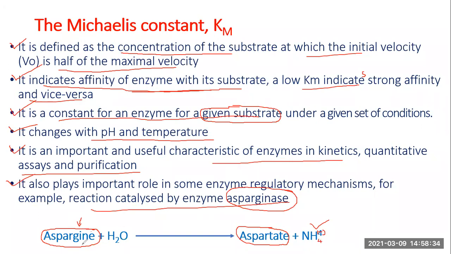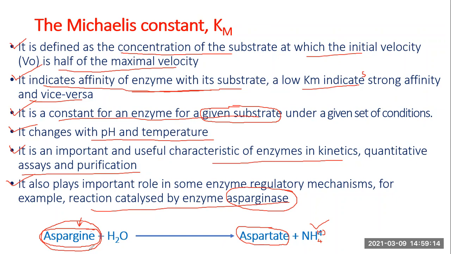So when asparagine is removed, means asparagine is converted to aspartate, the asparagine is no longer available for the WBCs to grow, and their growth stops. This is the simple biochemistry of control of leukemia by asparaginase, right? But since asparagine is present in very low concentration in the blood, you require an enzyme which is capable of converting asparagine to aspartate at a considerable rate of reaction, even when it is present at a very low concentration. So you require an asparaginase, in other words, where the Km is very low.